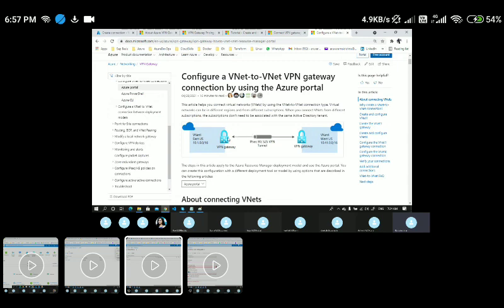And why do we use a VPN gateway? Whatever data you are transferring, whatever communication is happening, using these VPN gateways we can encrypt the traffic. That is the purpose of VPN gateways. Maybe even in interviews you might get a question: why do we use VPN gateways? Very simple, we'll be encrypting the traffic. So these are the high level steps for configuring VNet to VNet VPN gateways.